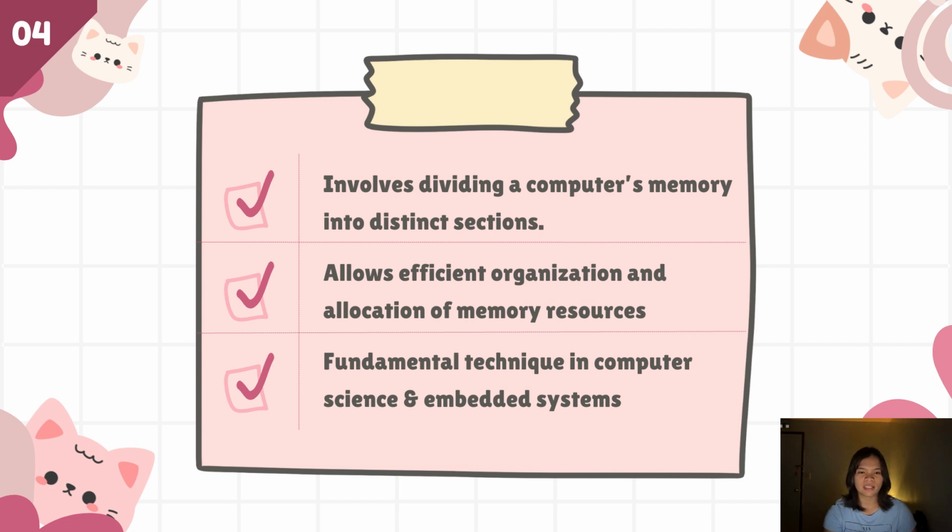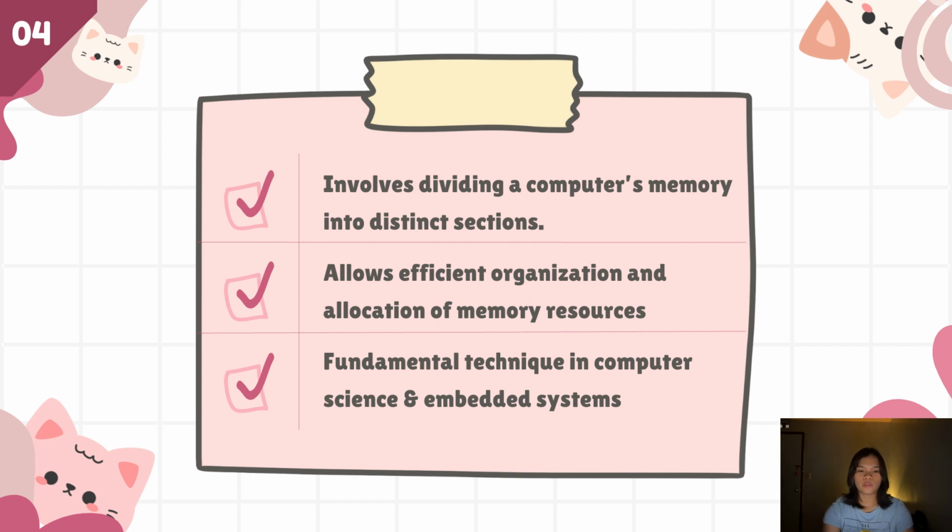This allows the system to organize and allocate memory more efficiently, ensuring that each process has the space needed to execute properly. It's a fundamental technique in computer science and embedded systems because efficient memory use can directly affect the overall